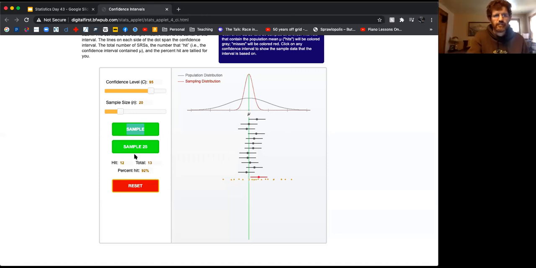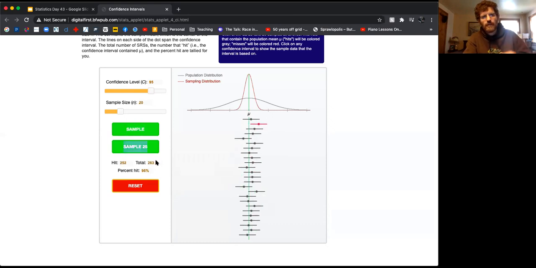5% of the time. So now I'm going to keep everything the same, but I'm going to do the sample of 25. I'm going to do this many, many times until I get over 1,000. So you'll notice right here, our total keeps going up. So I'm going to get that over 1,000. Okay, there I got over 1,000. I'm going to do one more just so we can see. There we go. A few that miss.